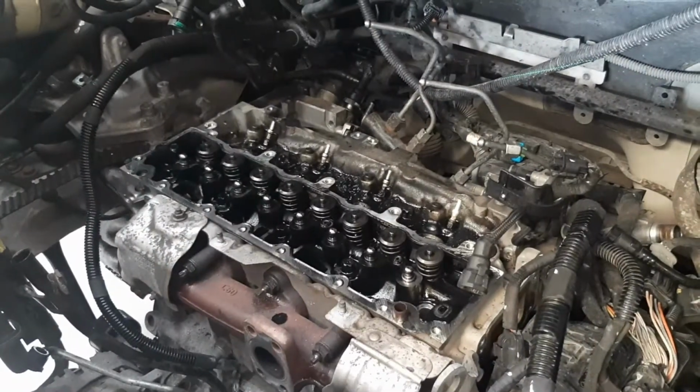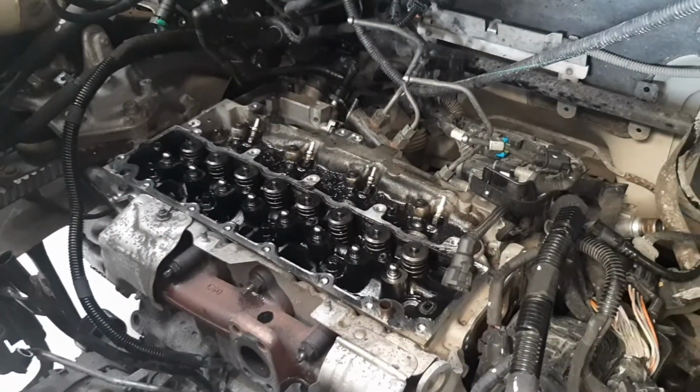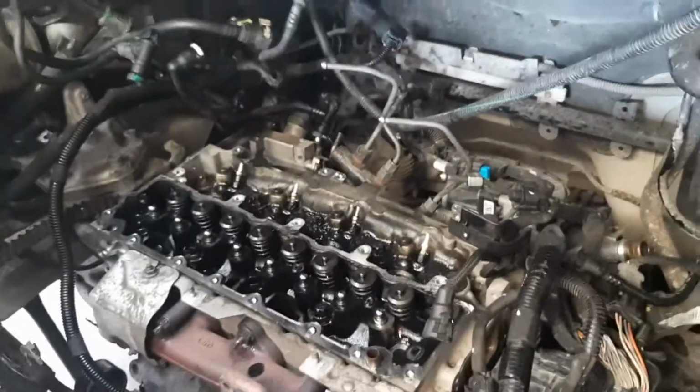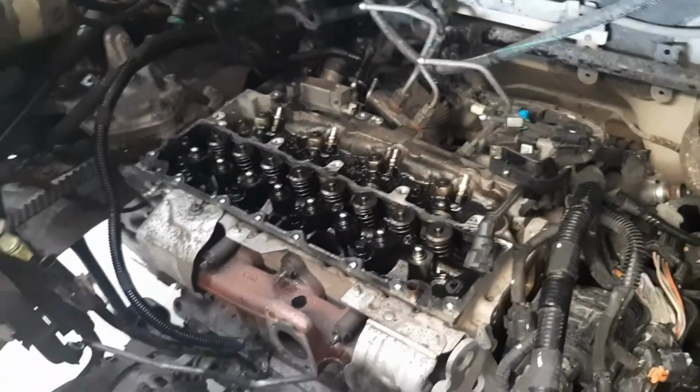You have to get the glow plugs in it as well. Does it say that? They're not in the way, are they? No. Right. Back to the cylinder